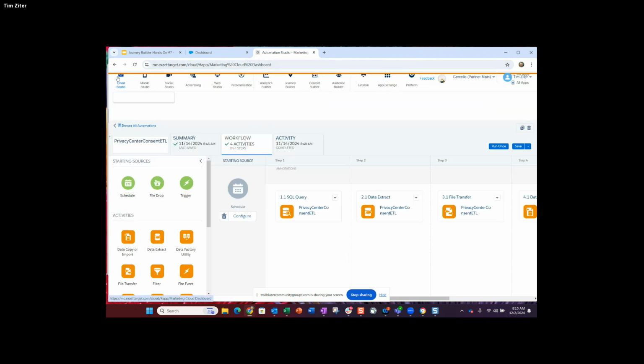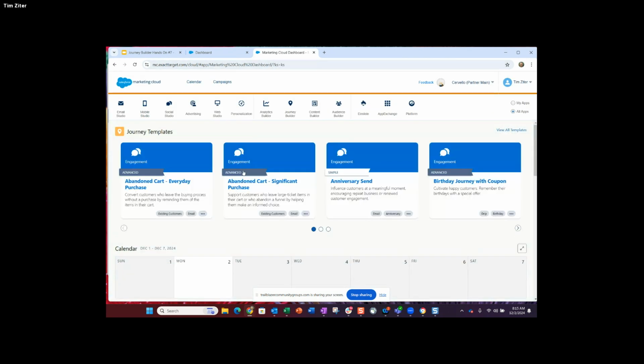Okay, so here is our Marketing Cloud environment. It's used quite a bit. We have a variety of different business units that we've stood up depending on different use cases. We are a partner. The company that I work for is Cervelo, and so that's why we have a partner Marketing Cloud account. It has Journey Builder, it has Cloud Pages, it's got a lot of the bells and whistles. We've brought in Query Studio.